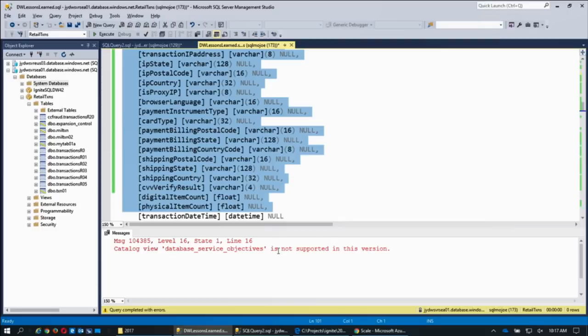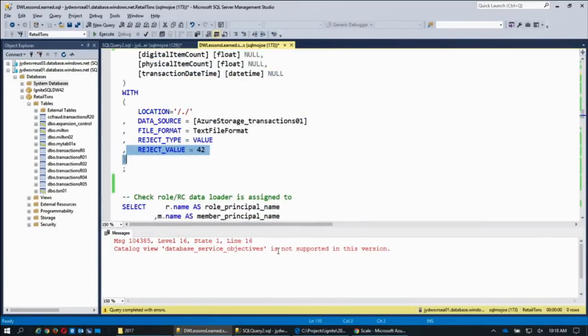Beyond that, there's one data point here, reject value, as mentioned earlier. If you have bad data within your data set that you put in Azure Blob Store, you can tell the Polybase process that you will allow X number of failures before the job or the query will fail. In this case, I picked 42 because it's a nice number, but you can specify any. Today, you can't get too much detail on what failed, only that it did. Moving forward, we are working on improvements, as I mentioned, to provide a lot more information and persist the rows that failed in storage somewhere so you can go back and figure out which ones failed,